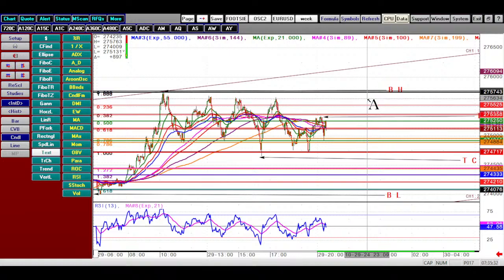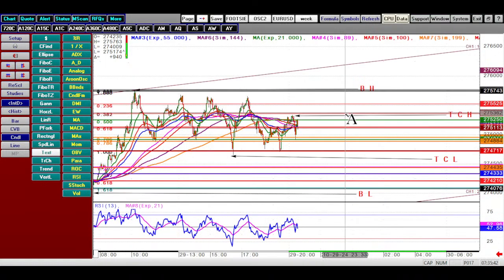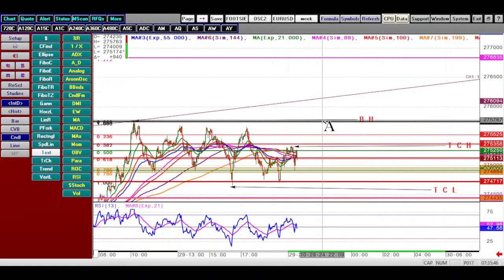Let me see where we can put it. 55, I think 54 half should be better. Okay, 54 half is better. So if your 59 breaks, remember our target is 68,